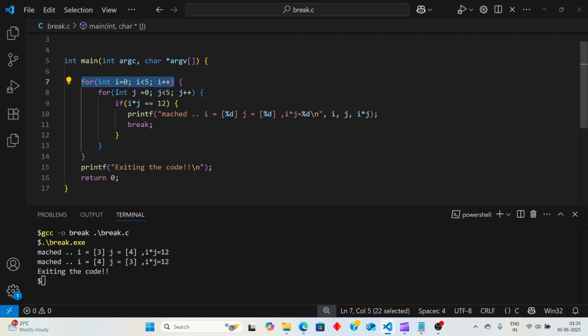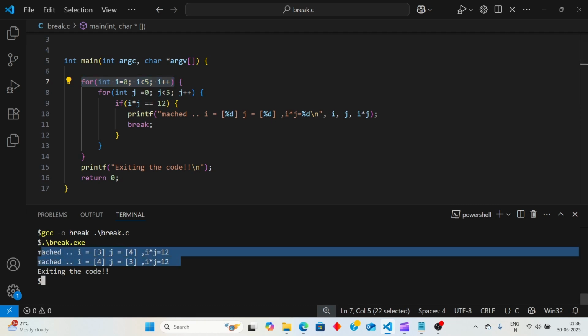So there are two loops here, right? Once it comes out of this j loop, it will go into the i loop. It will compare again for the next value. So both the cases got matched. If we want this program to come out of both these loops on matching of the first condition, that is i is equal to 3 and j is equal to 4,